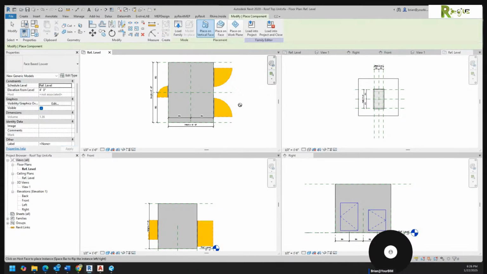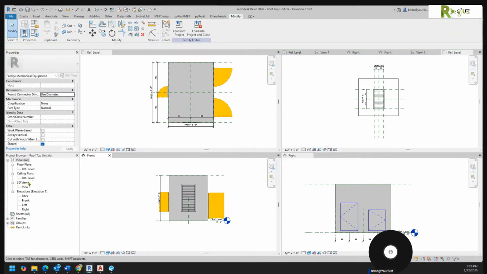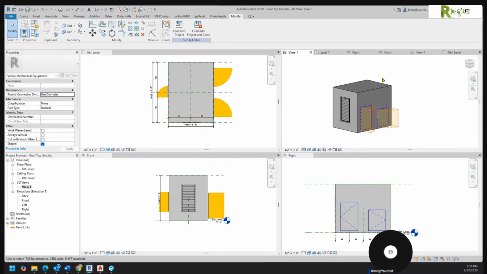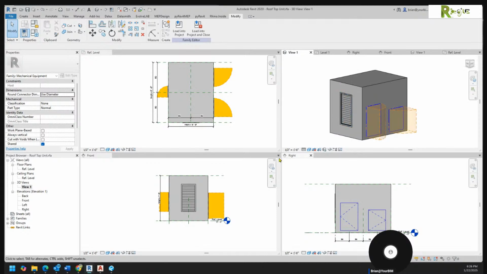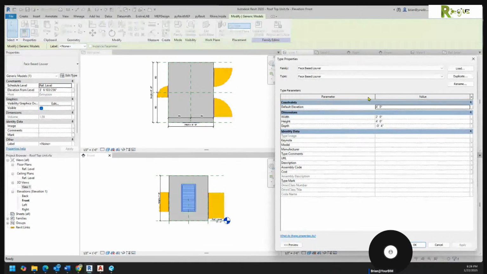Okay. Now, I happen to know that it's in this front view, but that's not really an easy way for me to work. Okay, well, I'm going to drop it in there. Remember, you can come over to here and pick on your 3D, then you would actually see it in 3D. And see, this is where I have this louver, and all I need to know is how wide he's going to be. 4 foot by 3 foot,